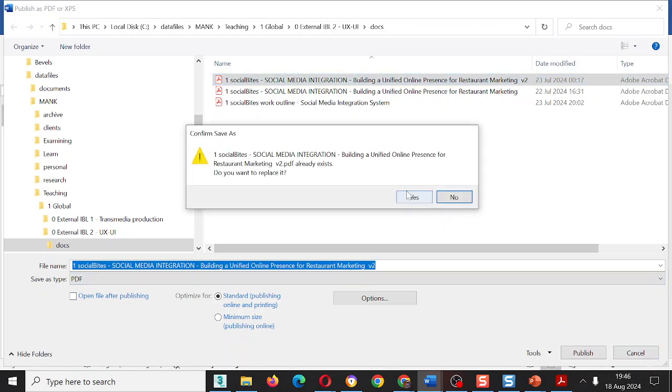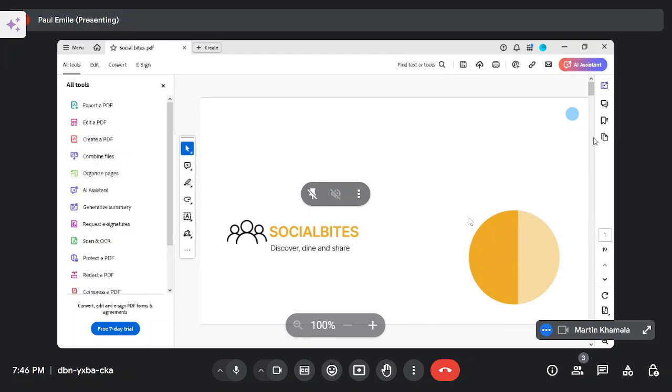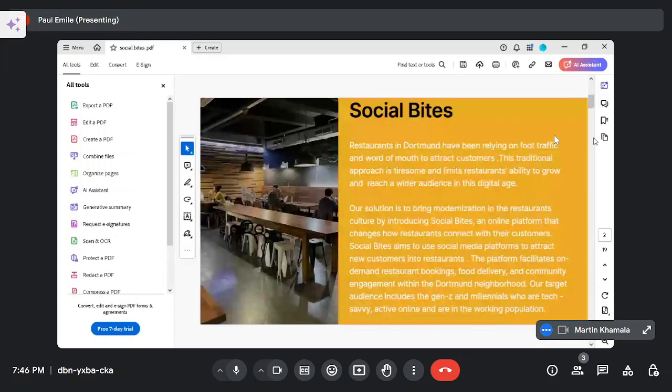Then Social Bites. Why we came up with Social Bites: the restaurants in Dortmund have been relying on foot traffic and word of mouth to attract customers. This traditional approach limits restaurants' growth and the ability to spread to a wider audience, especially in this digital age.